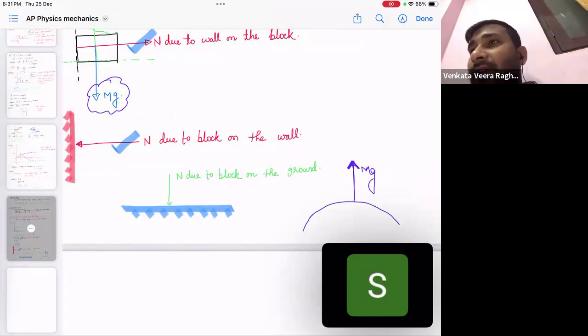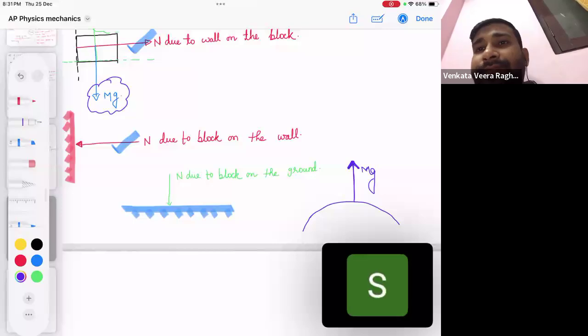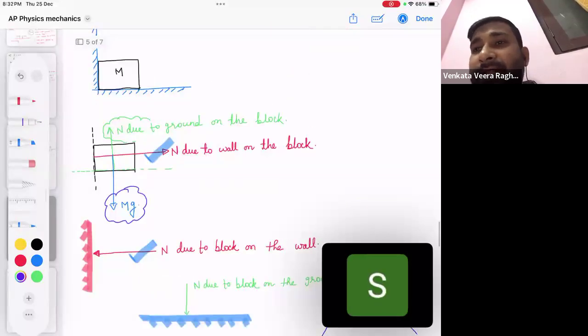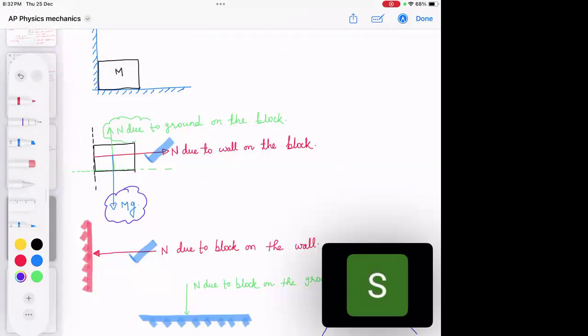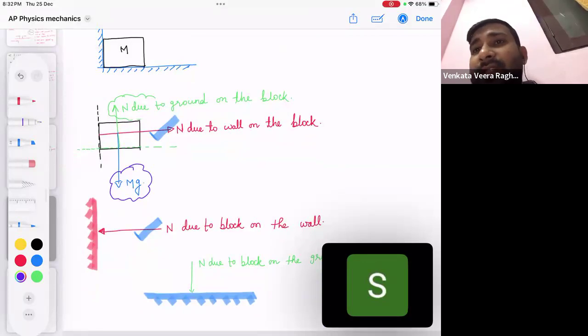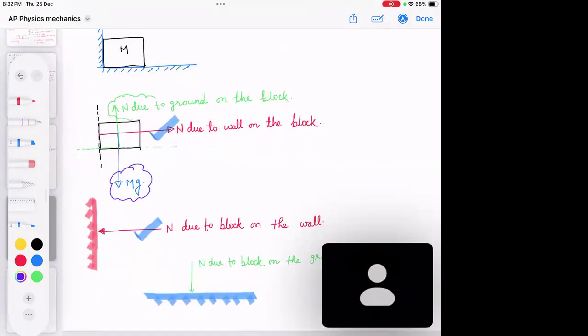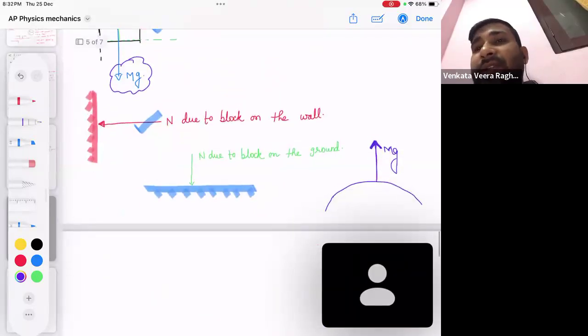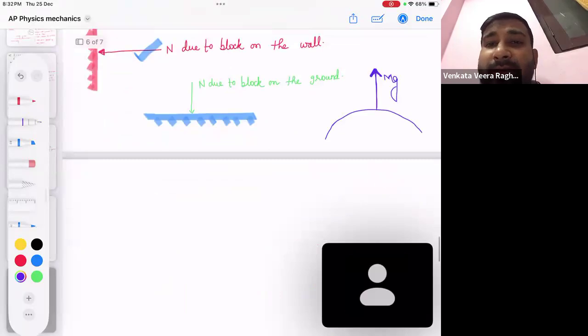Is that clear now, this concept? Please tell me, is the concept of action and reaction clear? All of you, please tell me, do you understand or not? Okay. So now the next part we are going to discuss is one or two more examples where we will learn